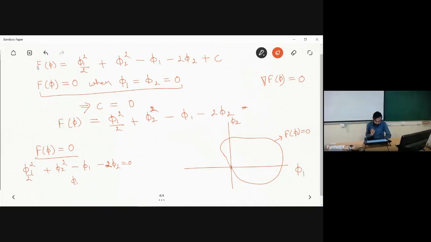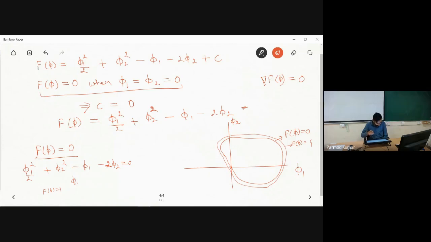Okay, so now let me consider that one curve I have got like this. Similarly, if you select any other value of f of phi, say f of phi equal to 1, minus 1, 0.1, any other value, you will get a series of curves, and these series of curves will have different values of f. For example, this is f of phi equal to 0, and let me consider for this f of phi is equal to some c1. So like this, I will have a series of curves over this plot.